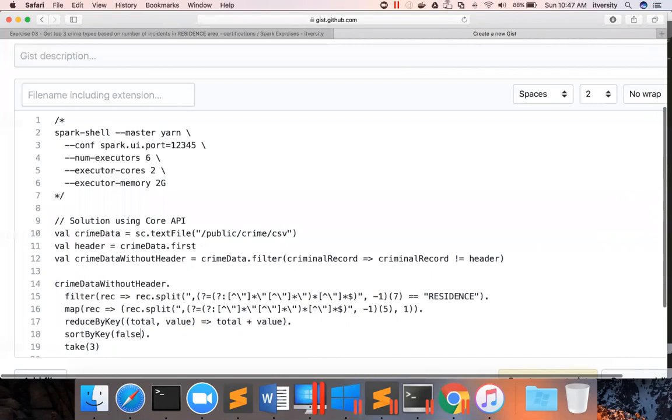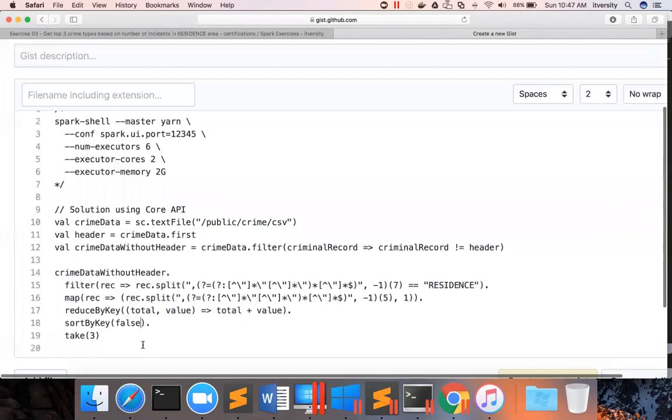To make it descending order, I can say false here, and then data will be sorted in descending order by count by crime type, and then I can actually say take off 3 to get the first 3 records, and then to save it,